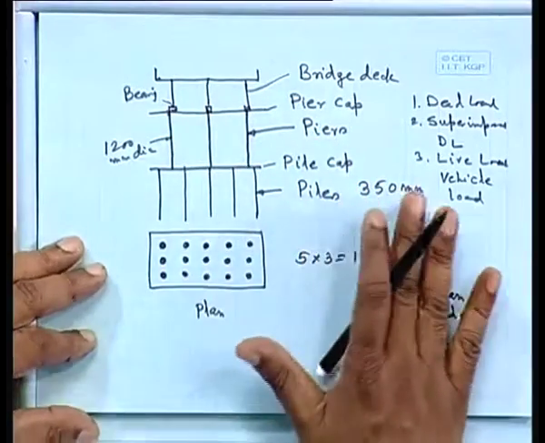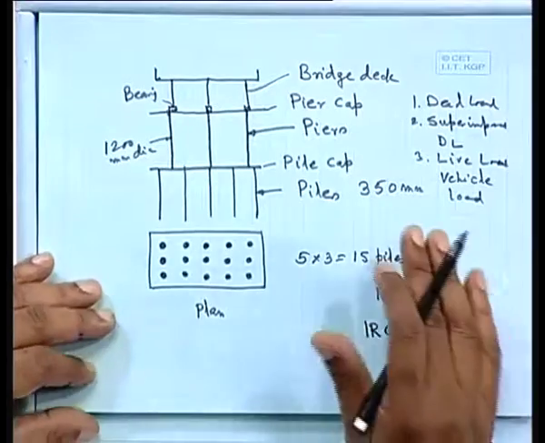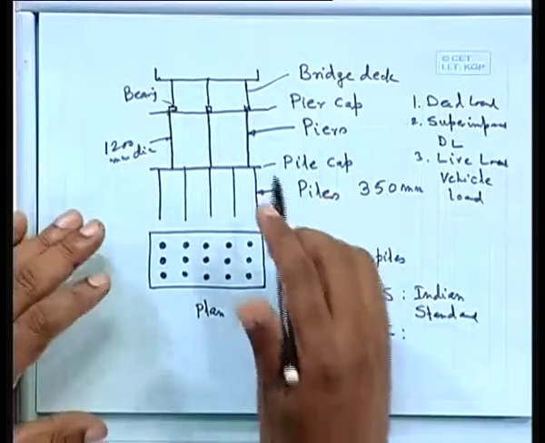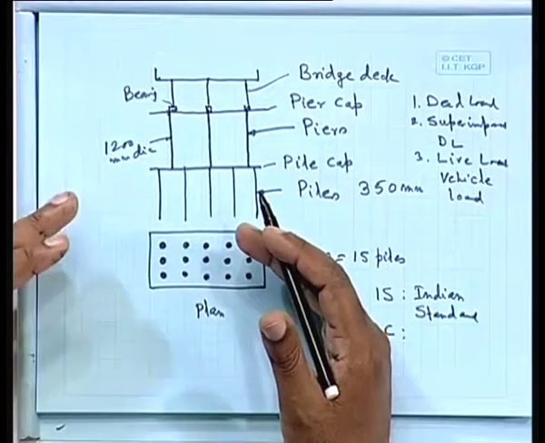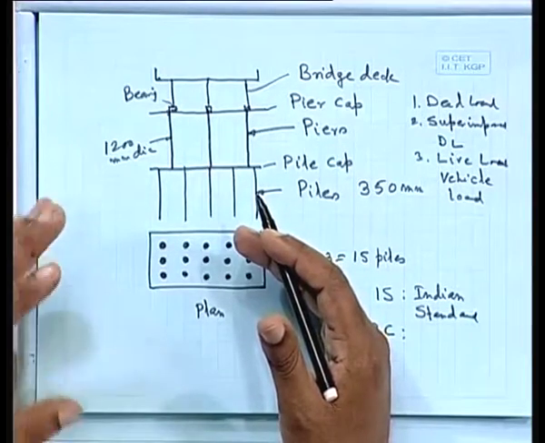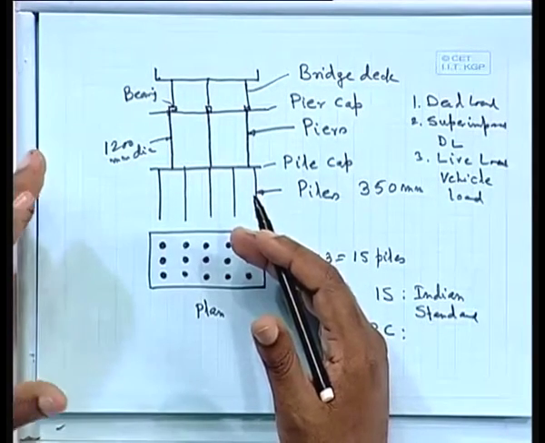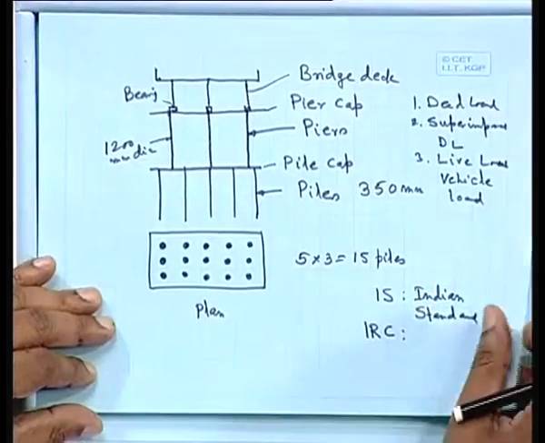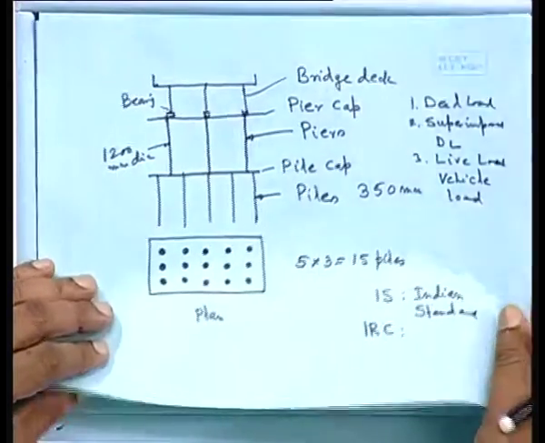I am talking about piles, though that is not in our scope here in this beginners course, but I would like to say how to design, and here also it is based on bending moment, shear force and axial load. In addition to that, you will also find torsion. So far we have not covered it; mainly we have covered bending moment, shear force and axial load. So now let us come back to our footing, and that is the isolated footing.